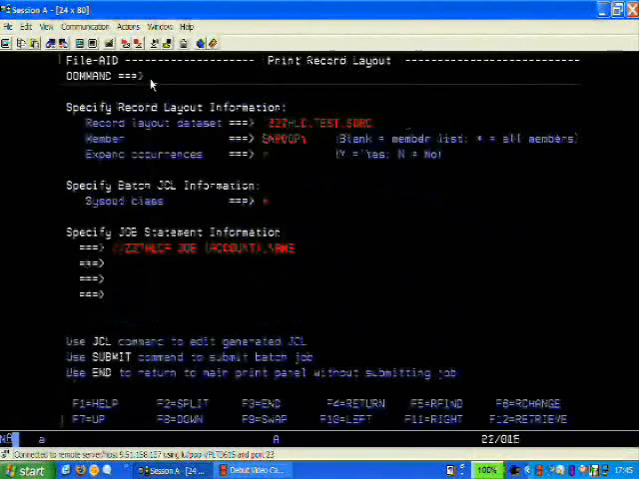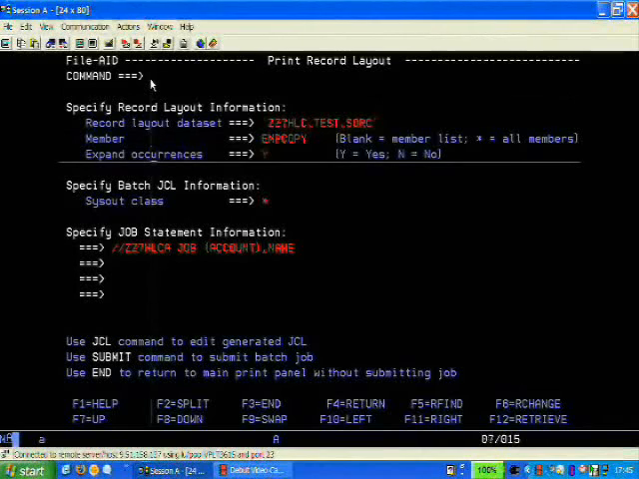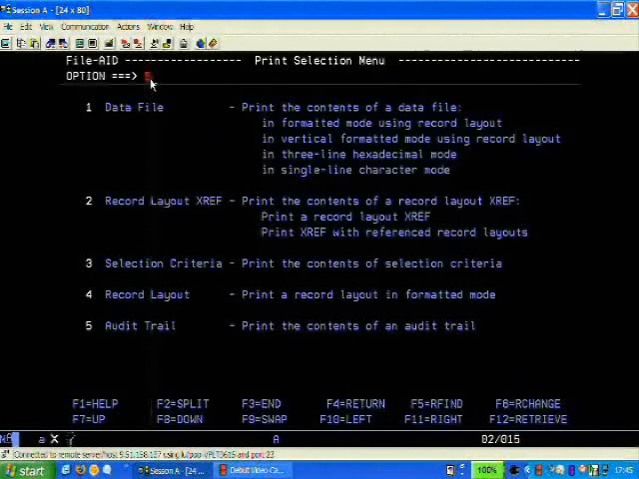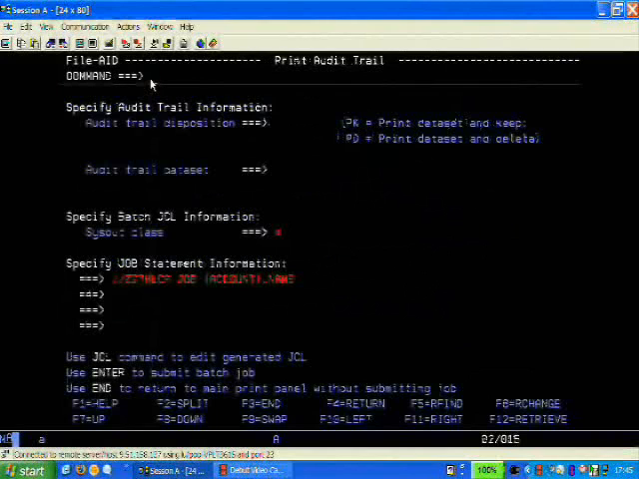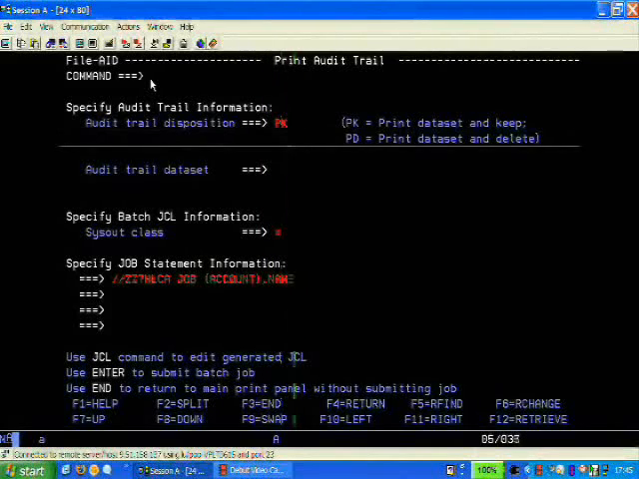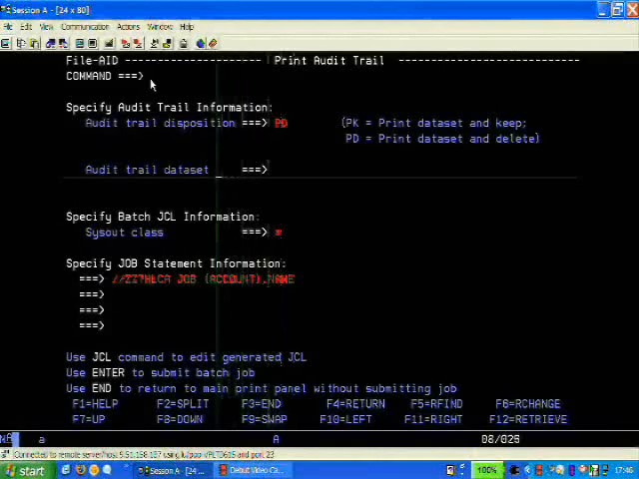In the print record layout, for audit trail, we can print an audit trail to a printer after examining the audit trail in the sysout itself. And this is also executed in a batch JCL. And it has 2 options for audit trail disposition, either print dataset keep or print dataset delete. When we issue a PK, it will have print dataset